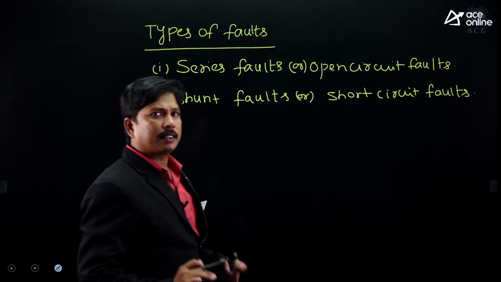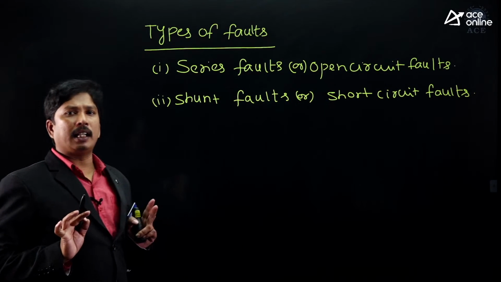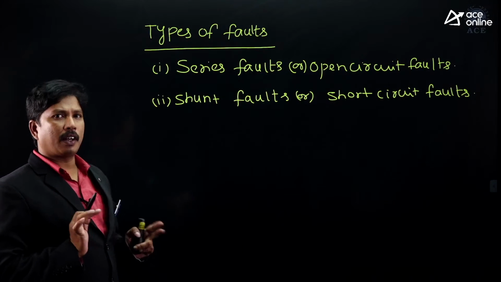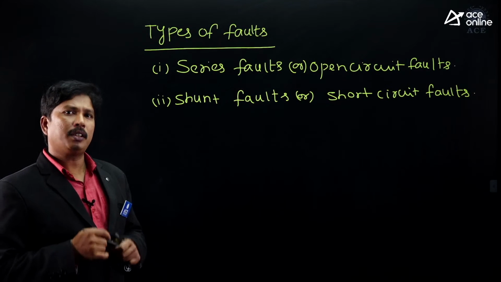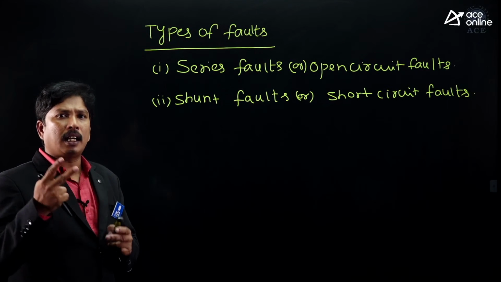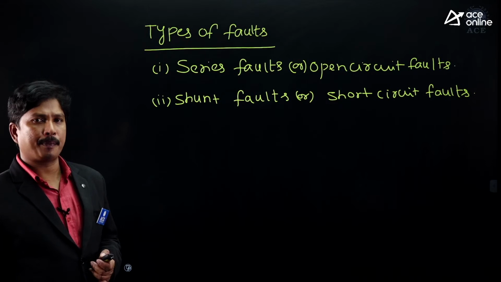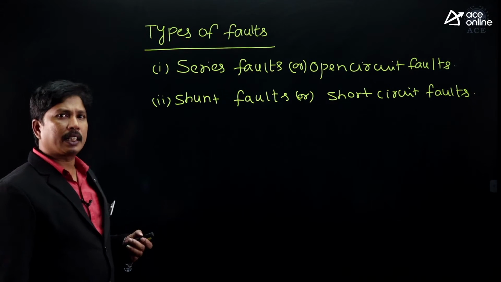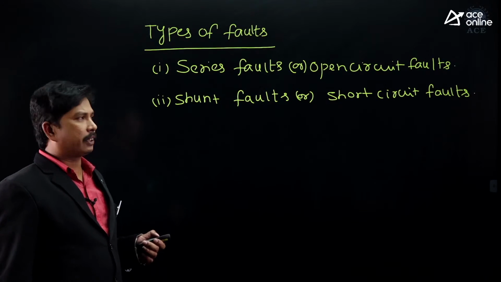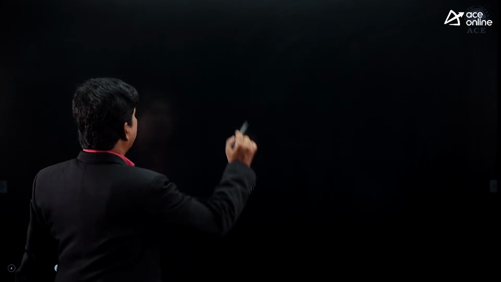The series faults and the shunt faults. Simply, we can call them the open circuit faults and the short circuit faults. Clear? These are the two types of faults we are having. And coming to the consequences and the causes of these faults, see here, students. Whenever you are going for open circuit faults,